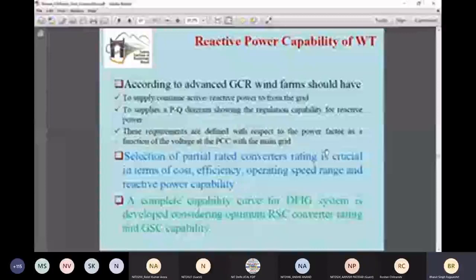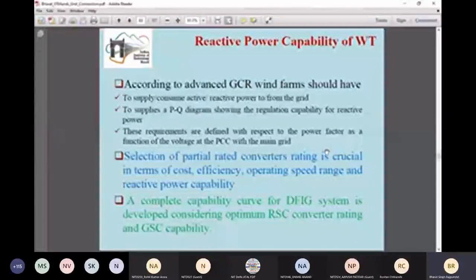So now we are able to discuss the second smaller topic, known as the reactive power capability of wind turbines. We have already understood the operation of the wind energy conversion system and the doubly-fed induction generator in the specific case. Let's understand the reactive power capability which is demanded by the system operators for an induction machine and how it can be obtained. So next slide, please.